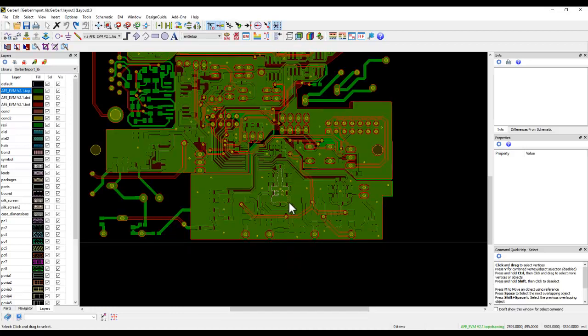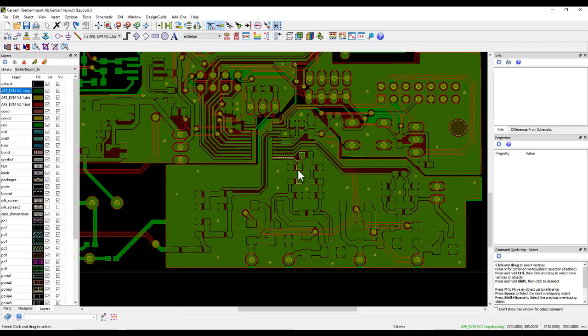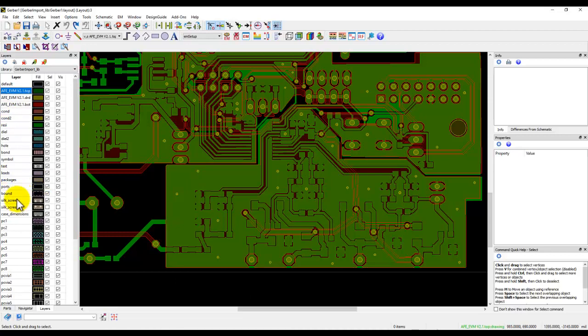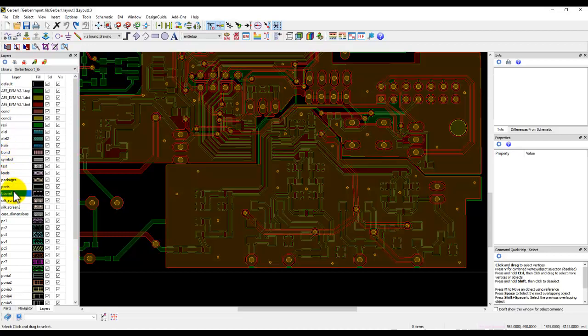Okay, so now let's go ahead and chop the area which we are interested in. So for example, in this demo, let's assume I'm only interested in this particular area which I would like to analyze by FEM or momentum. Now I can use any layer which is not used in our design right now. For example, let me use the bond layer here, or anything you want.